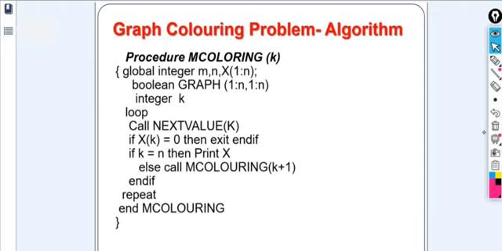Okay. So this is the algorithm for the graph coloring method. Procedure m-coloring, K coloring. K is a variable for how many colors we can take. In the previous example we decided to take 3 colors. It may be possible with 4 colors or 5 colors, but we require the minimum number of colors to fill the nodes in the particular problem. So always try for the minimum number of colors, only then will that particular problem be beneficial for you to solve.